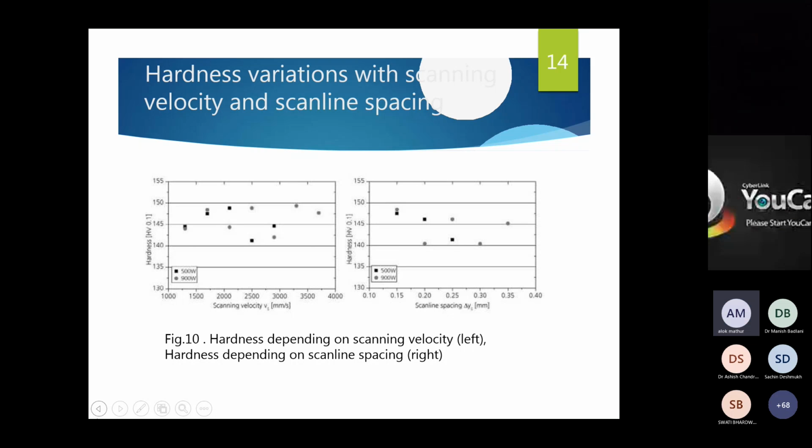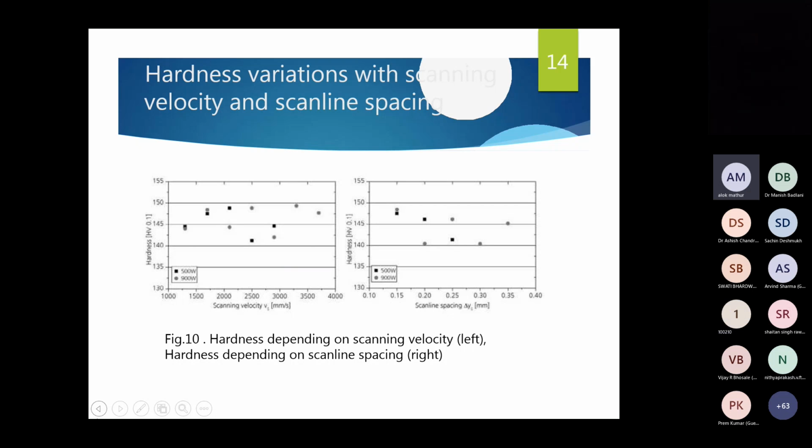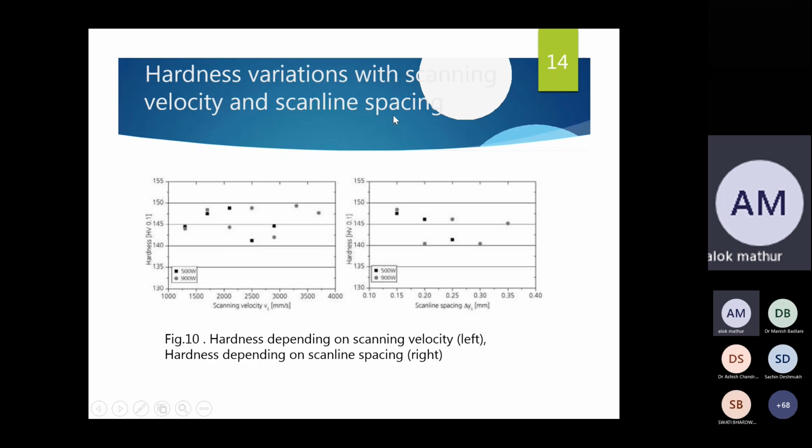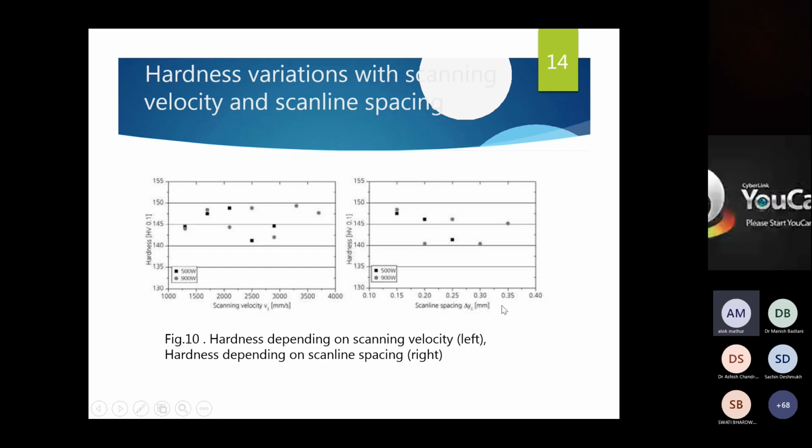If we see hardness variations with scanning velocity and scan line spacing, this is hardness versus scanning velocity, and this is hardness versus scan line spacing. So spacing is increasing gradually, and these are the two laser powers used, 500 watt and 900 watt, the same in these two.